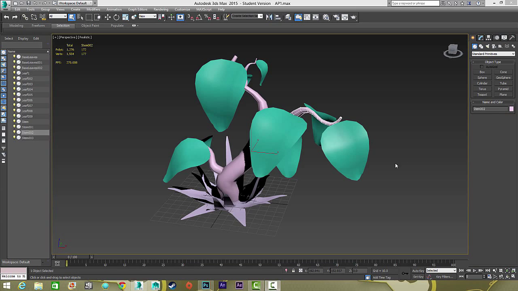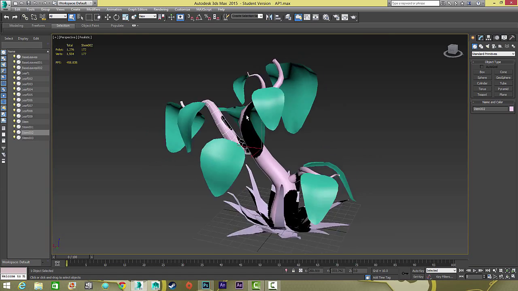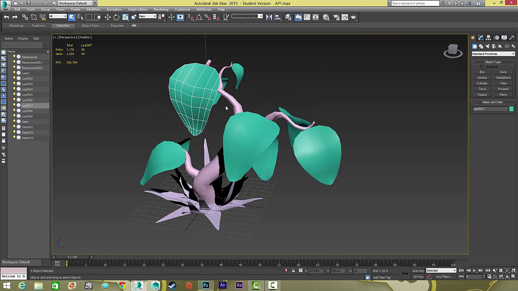This video will explain how to UV map and texture an organic object in 3ds Max. First example will be UV mapping and texturing a plant. So this alien plant is comprised of several different pieces, and there's actually instance copies of 3 major different pieces